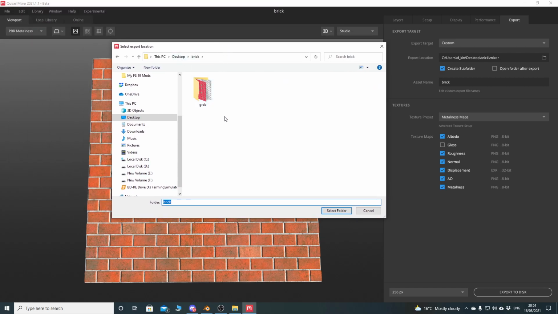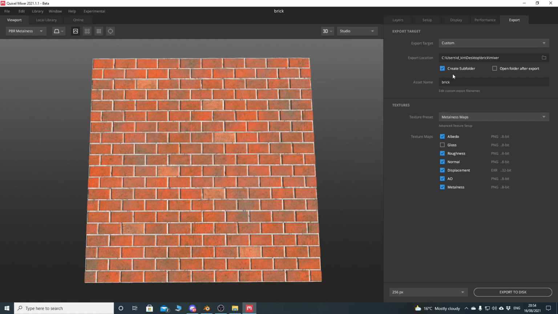So I'm just going to go into brick, and I'm going to create a new folder here, and I'm going to call this mixer, so I know that these came from Quixel Mixer. I'll go into there, save, and I always like to create the subfolders. So you put the asset name in here, brick, and then when it creates subfolders, if you're doing lots of different things, it will actually create a subfolder called brick within that mixer folder, and then you can keep everything completely separated for whatever you need to work with, but not 100% required. In this particular case I don't need it, so I'll just uncheck that for now, and then choose whatever